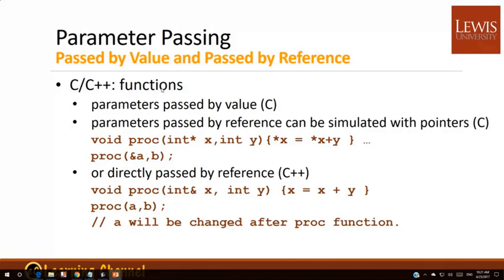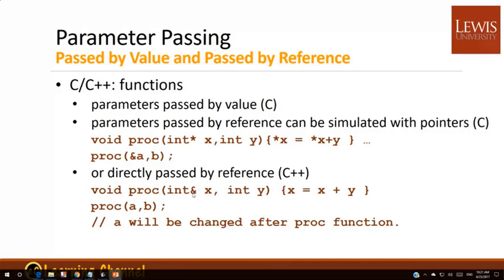So right here it is call by value, and the value is assigned to a pointer to mimic the call by reference. And in C++, you have the call by reference mode. And this call by reference mode actually makes C++ not as strongly typed. So right here, this x has this